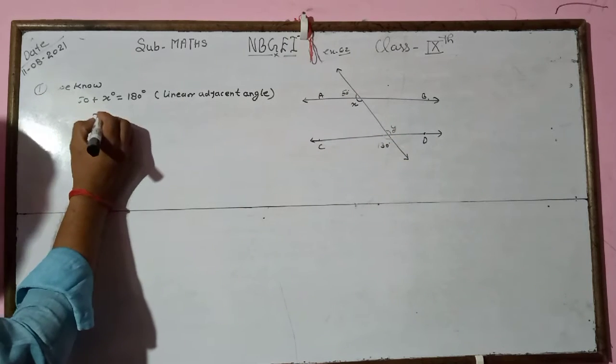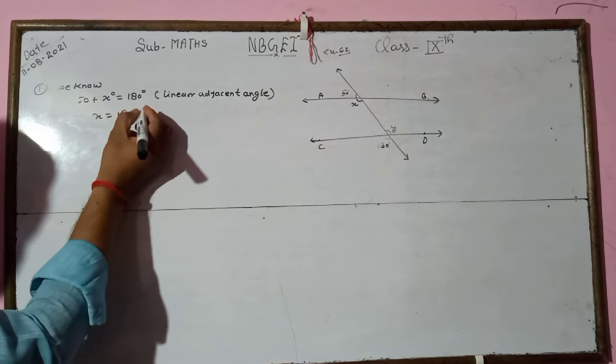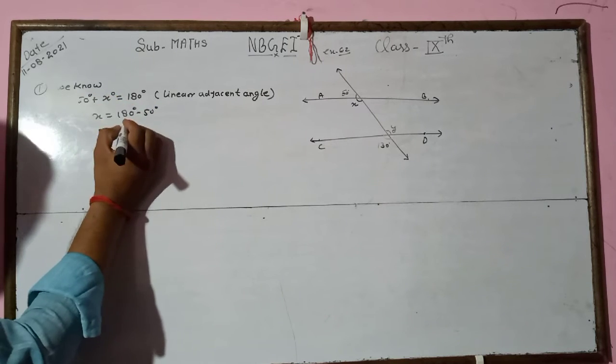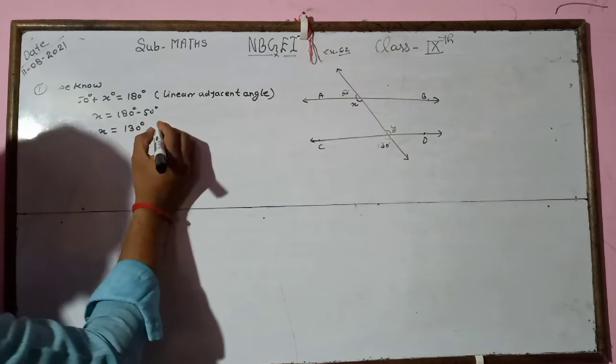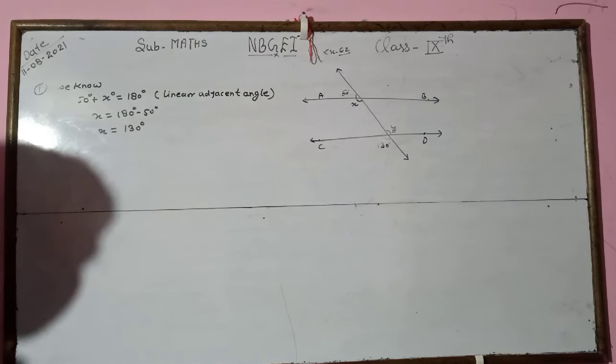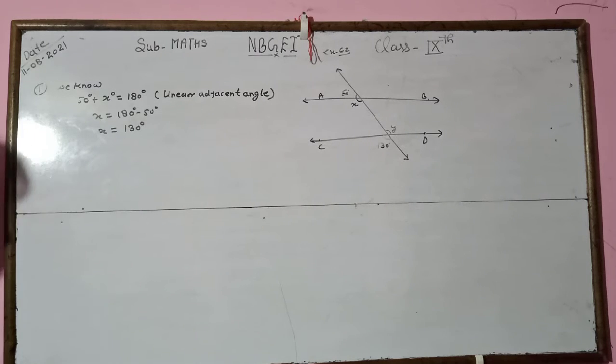Then x is equal to 180 minus 50 degrees, so x is equal to 130 degrees. The value of x is 130 degrees, and y is equal to